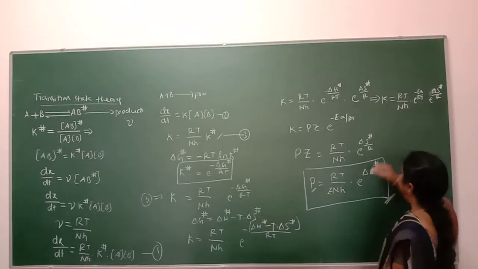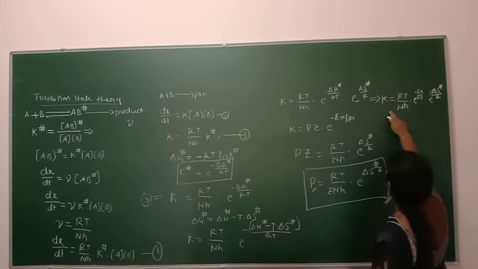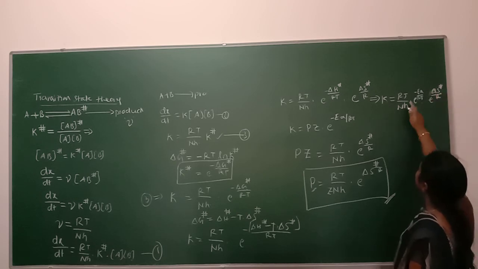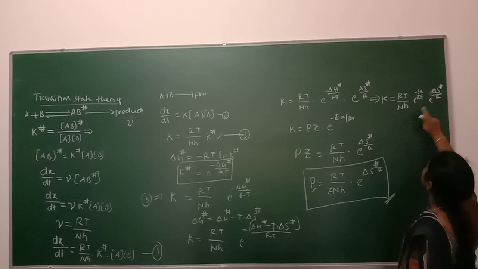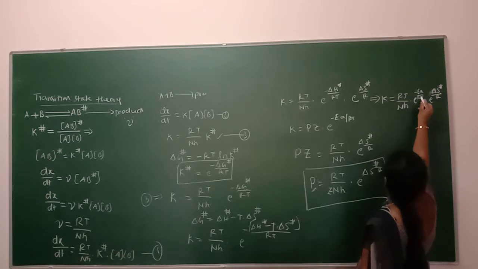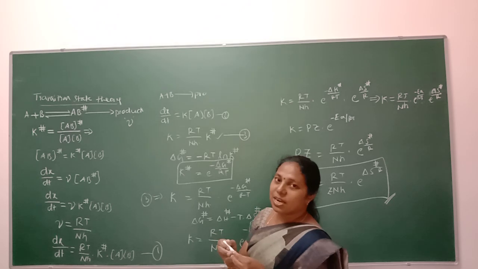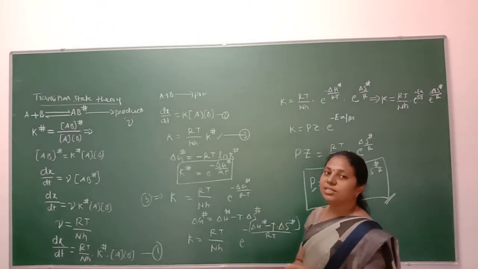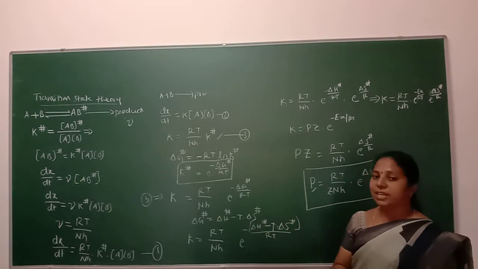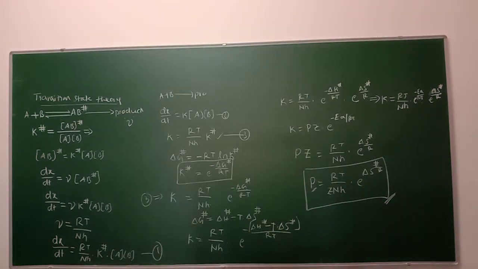So before that, in this equation there is the presence of the entropy factor and also the activation energy. That means as the temperature increases, the entropy, that means the movement of particles, gets increased, so that the energy of the particles gets increased, so that effective collisions will take place, and hence the rate of reaction increases with increasing temperature according to transition state theory. So in this way we can explain the rate of reaction for a bimolecular reaction according to transition state theory.